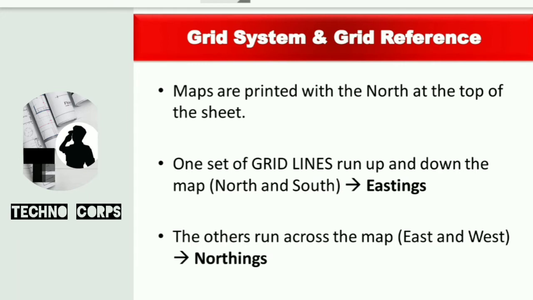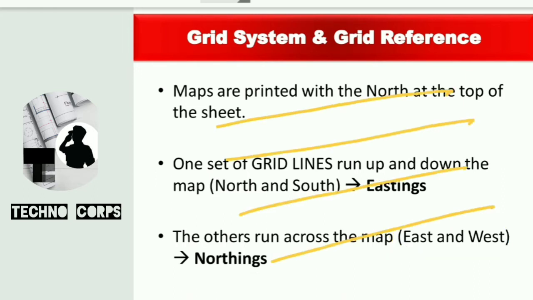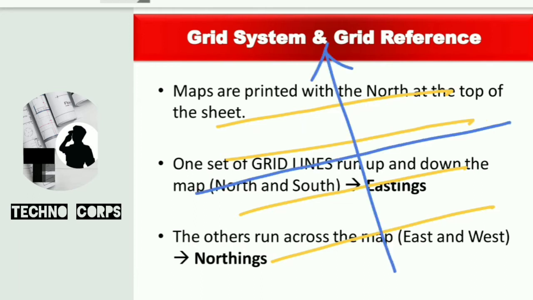In a similar manner we can define the northings. So what are the northing lines? These are again grid lines, running across the map, from east to west, like these lines in the map. In simple language, these are the horizontal lines. These are called the northing lines. When we have to indicate north and south direction, with the help of a horizontal line I can say that this line is more toward the north, or this line is more toward the north.